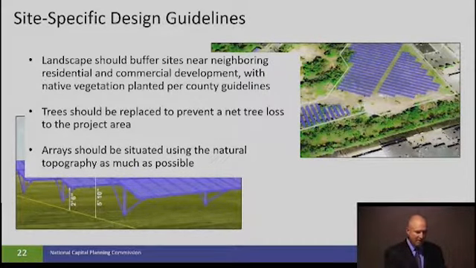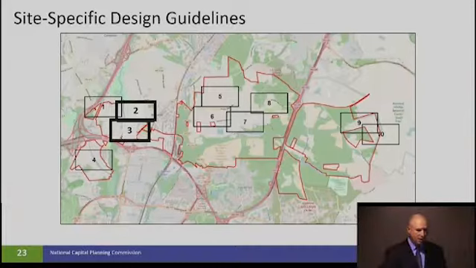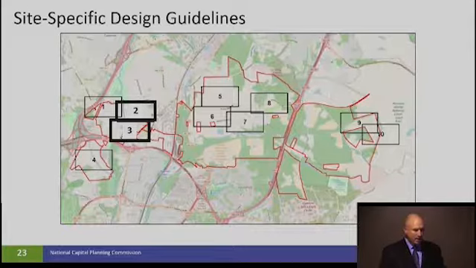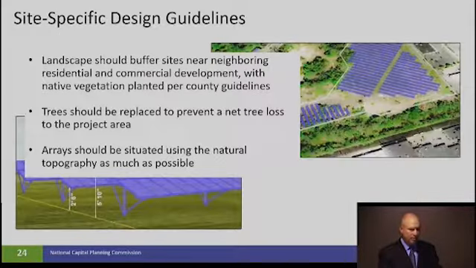In particular, staff noticed a number of sites that are situated close to off-site residential and commercial development as shown in the submission. And these are labeled as installation areas 2 and 3. And these appear to have the most potential for off-campus view impacts. And so we're recommending the use of vegetative buffering around these sites should they be selected to hide array equipment as much as possible. This guidance was also provided by Prince George's County Planning staff as well, with specific suggestions to use native vegetation, ensure a minimum buffer yard width of 20 feet adjacent to residential properties, and planting per